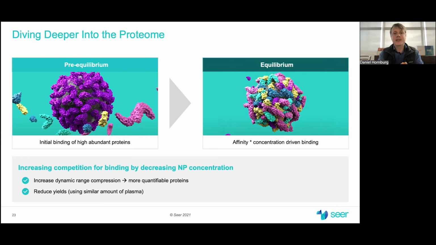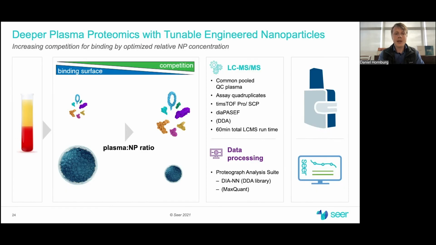But that tells us that if we drive that competition a little bit more, we might be able to further diversify the corona composition, thus diversify the insight we get into the proteome composition in your biosample. So the simple experiment that we conducted here is to essentially increase the competition between proteins, and thus the Vroman effect, by limiting the surface more and more, providing more proteins that have to harshly compete for binding